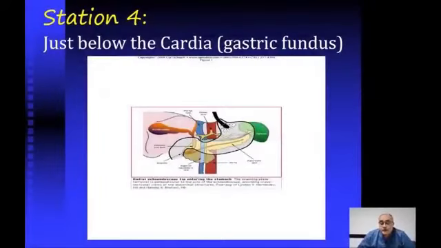Now coming to examination from station 4, which is the most important station in linear EUS examination. This station includes the stomach, starting from the cardia and then pushing below the cardia, and the gastric body and antrum with clockwise and anti-clockwise rotation. We can see most of the structures from this station, from the stomach, even the pancreas, even the pancreatic head,